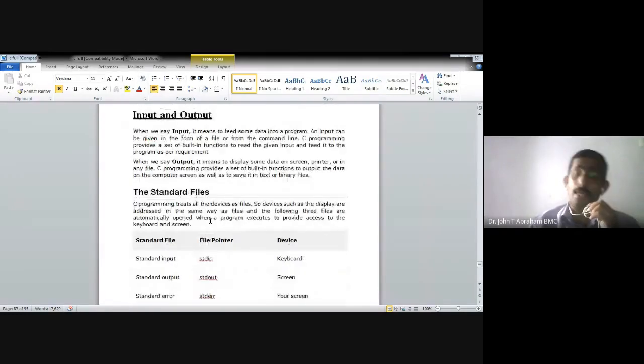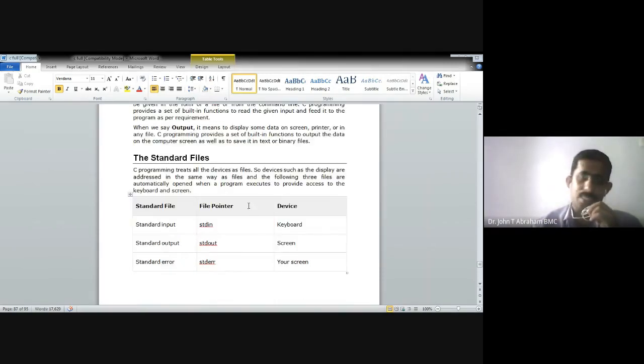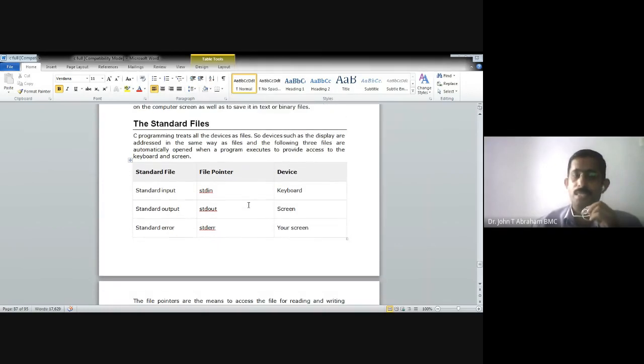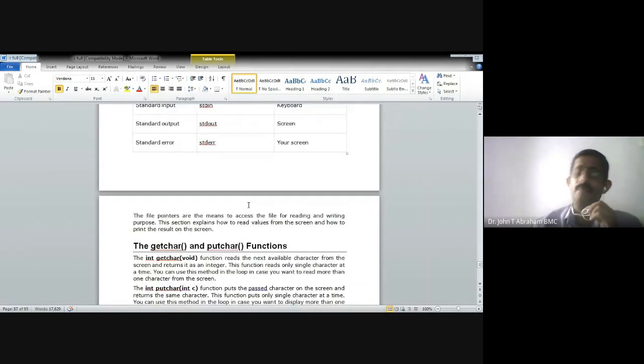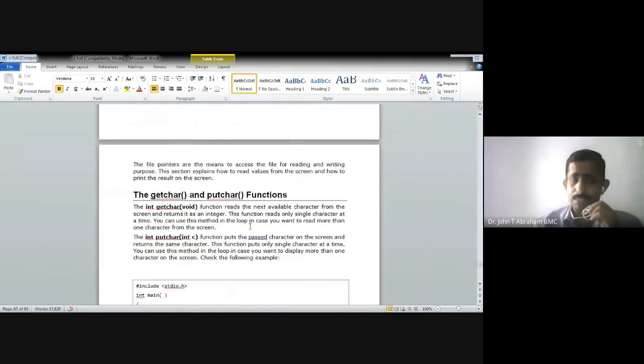Okay, now another important thing: input and output. What is input? What is output? What we are giving to the computer is input. What we are getting from the computer is output. In the computer, there are some standard library files to be used for input and output: stdin, stdout, stderr.